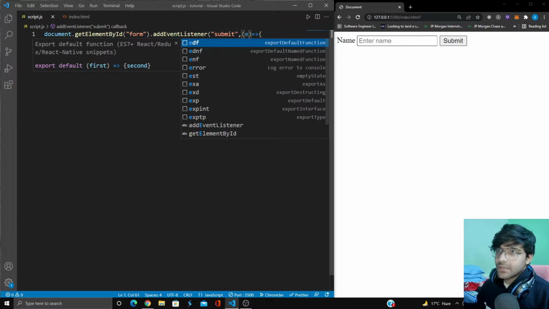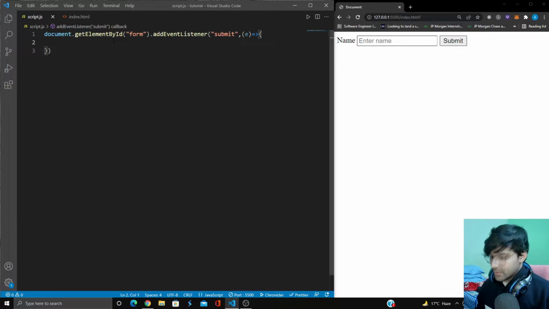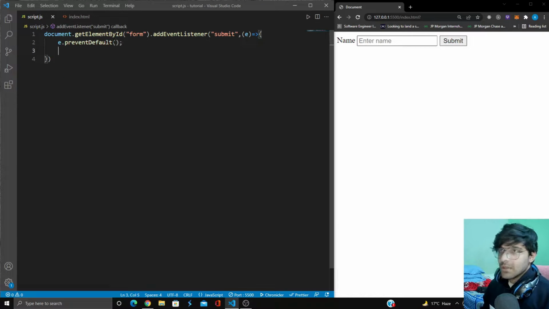Let's put e over here, because I want to call e.preventDefault, just because I don't want the form to reload every time I click on the submit button. Now let's create a const name where we will store the name. What I want to do is